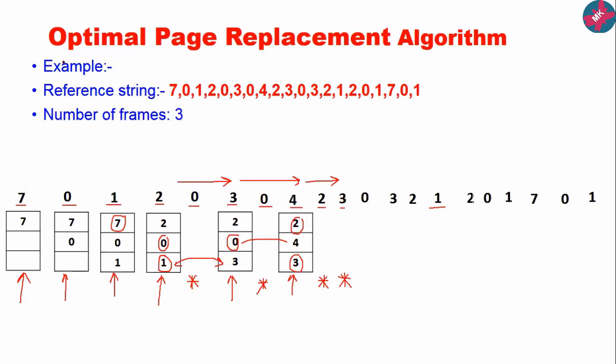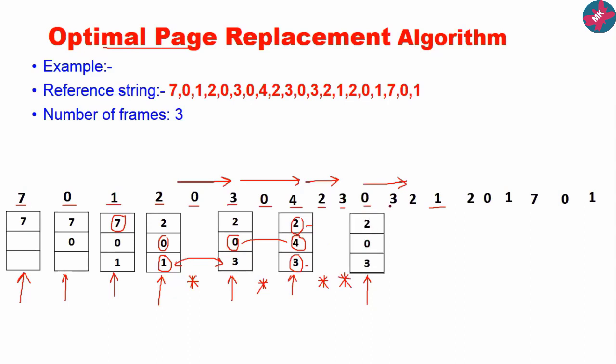And this is the advantage of using optimal page replacement algorithm. Now consider 0. So 0 is not there in our main memory. So this will lead to page fault, isn't it? So now consider which will be required in the future. So if we look forward, so 2 is required, then 3 is required. So I need to replace this 4, isn't it? So 4 will be replaced by 0.